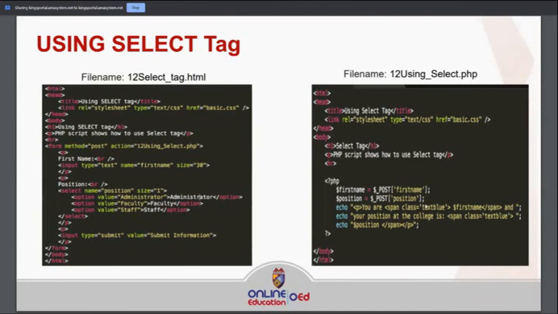Okay, and then in our PHP program here, this has been added: we have declared another variable which we name position, the same as what we have named our select tag object. And then this is again a process of accepting data from the user. Once the user has selected one of these options, it will be saved, or placed into this variable. Take note, guys, that a variable serves as the storage of data. So these are the data that we will be storing to this variable. So you can choose one. Okay, and then echo, again, we print out